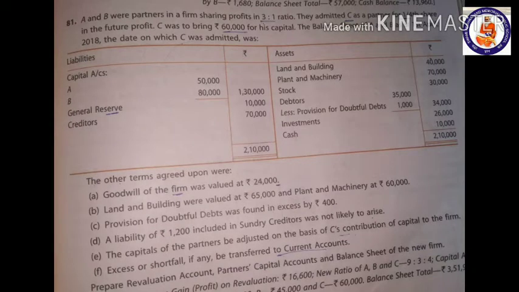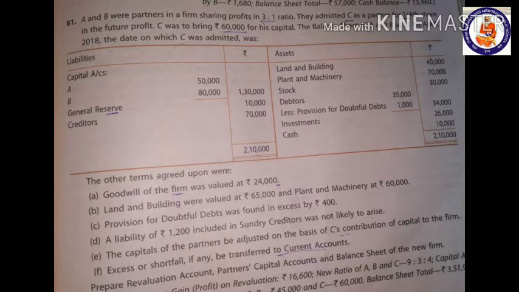A and B were partners sharing profits in 3:1. They admitted C as a partner for 1/4 share in the future profit. C was to bring 60,000 for his capital. The balance sheet of A and B as at 1st April 2018, the date on which C was admitted, was